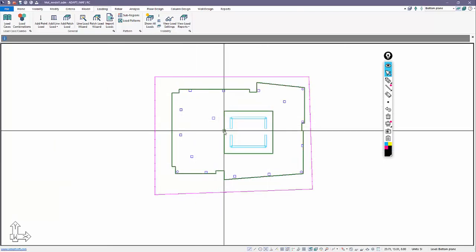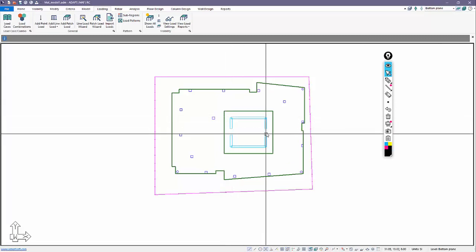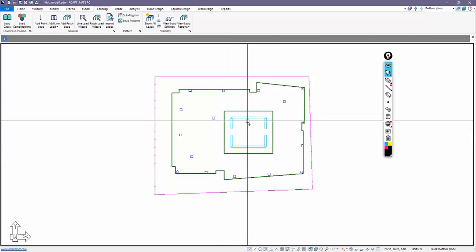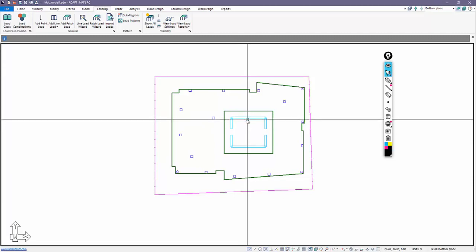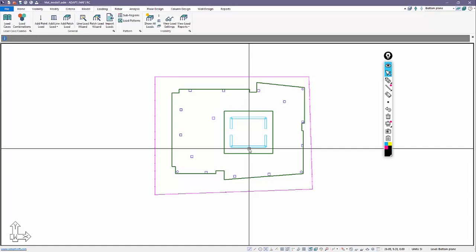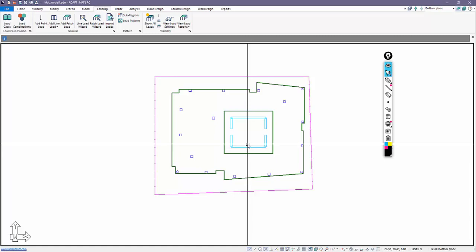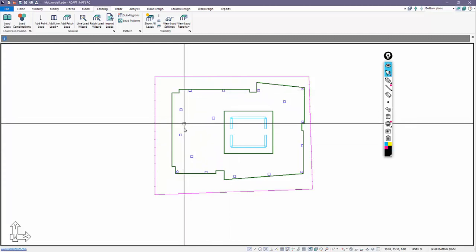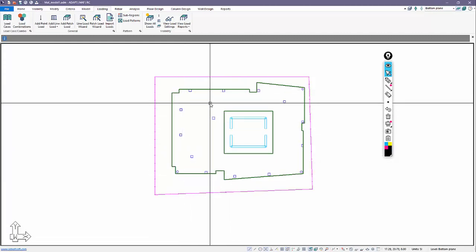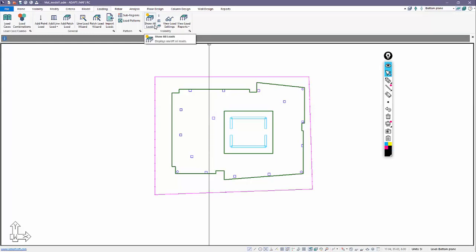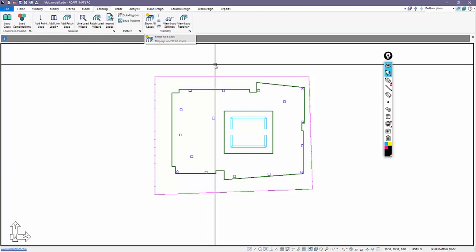We're also going to generate some loads along the walls. I'm going to create some line loads, and I'm also going to create a couple of moments at the center of these walls. Let's say they might be overturning moments. This really would only affect lateral loads. I'll show you how to model it. We're going to avoid using them for the model, but I just want to show you how those can be modeled. Everything else will just be gravity loads. So we're going to add point loads at each of the columns. We'll add a dead point load and also a live point load. The dead point load will be 700 kilonewtons, and the live point load we're going to say is 1500 kilonewtons.